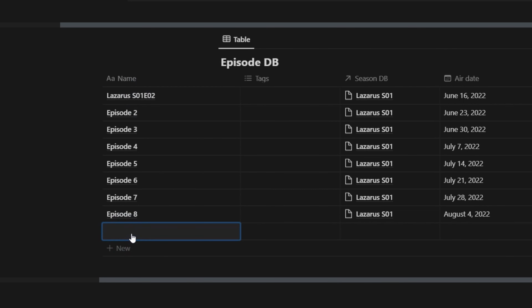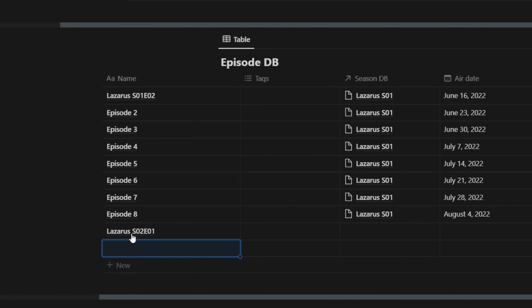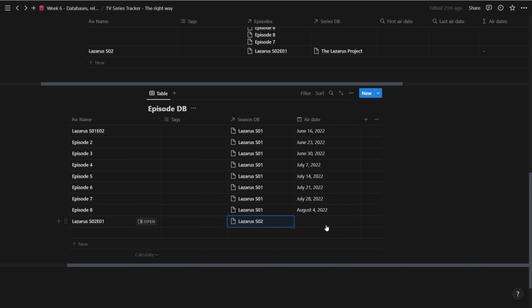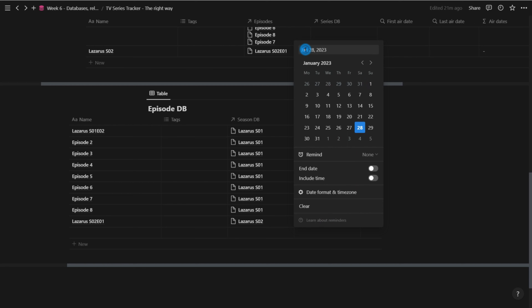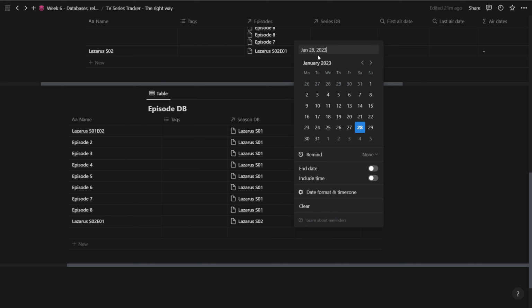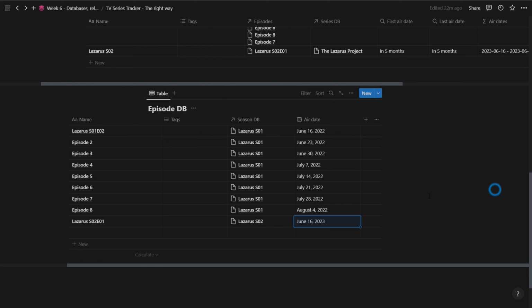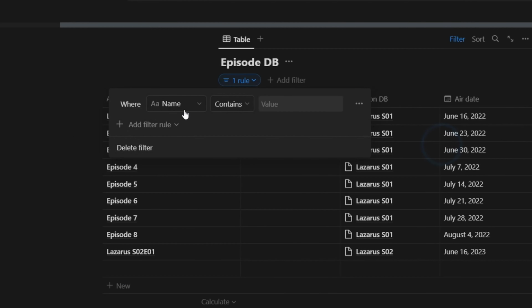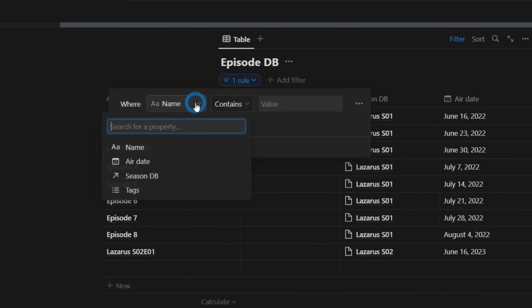So we call this Lazarus Season 2 episode. I'll copy that so I have it easily accessible. And now we can do a little trick here. If we don't want to set all of these things every time, we can use the little filter trick. So we said this would air June 16, 2023. June 16, 2023. Great. And now we create a filter, an advanced filter, so we can add multiple things, where